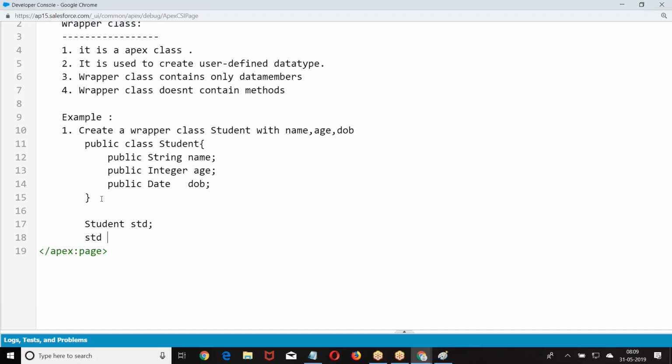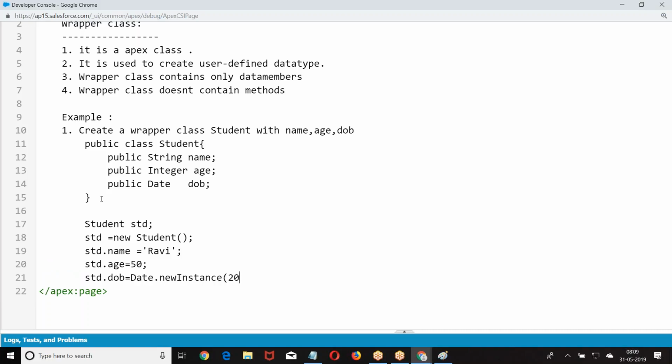If I want to use it, yesterday equal to, then yesterday dot name, yesterday dot age, some data I was giving. Are you getting my point?